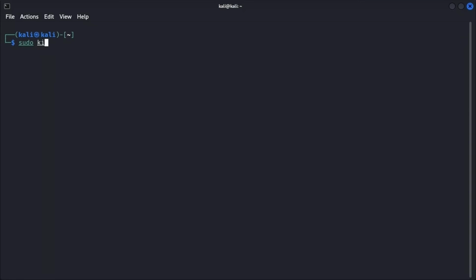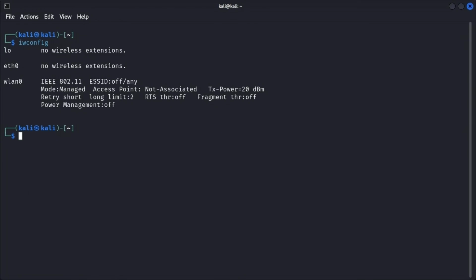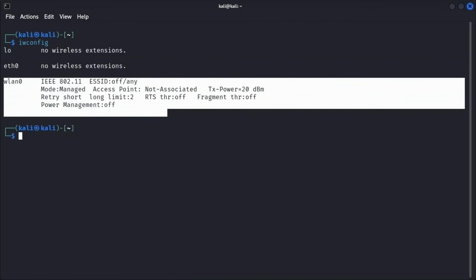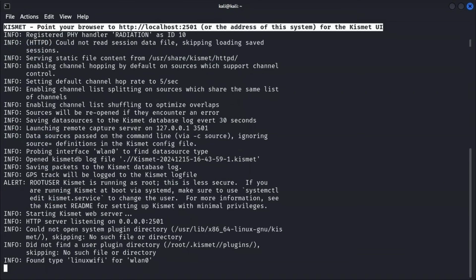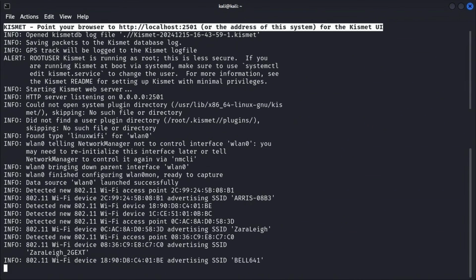I'll run it as sudo kismet -c, and then I need to specify a network interface. But actually, before I run it, I'm going to type iwconfig to make sure we have a wireless device that we can connect to and monitor activity over Wi-Fi. I'll type sudo kismet -c wlan0. It gives me some information about Kismet launching, and it tells me to point